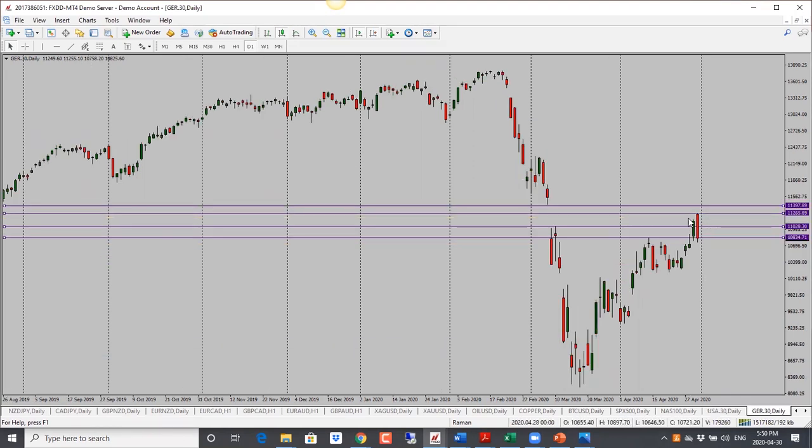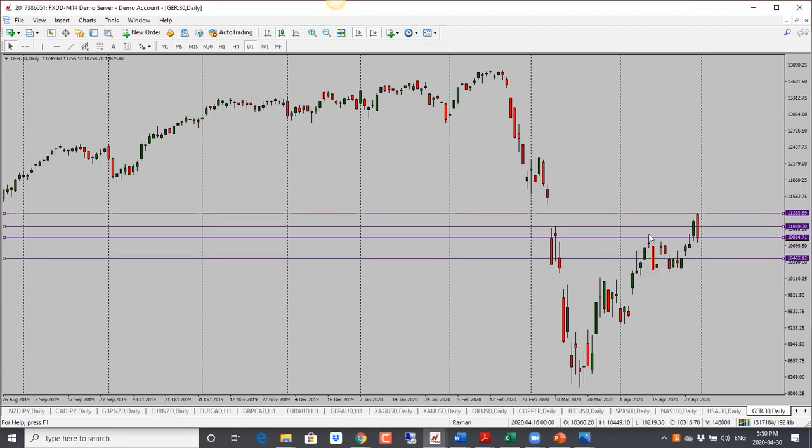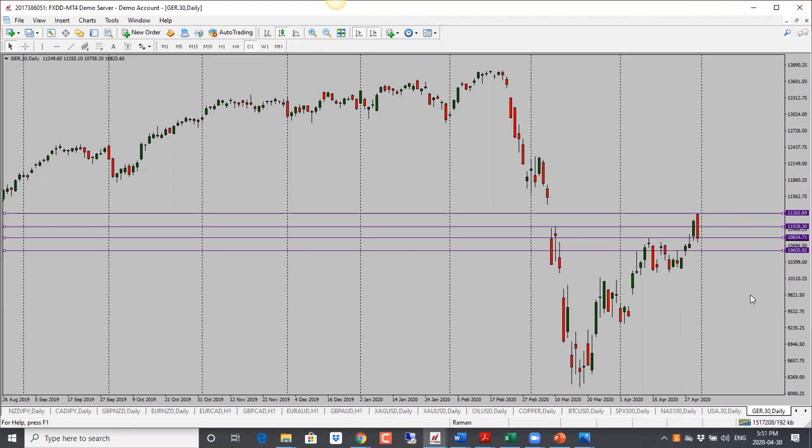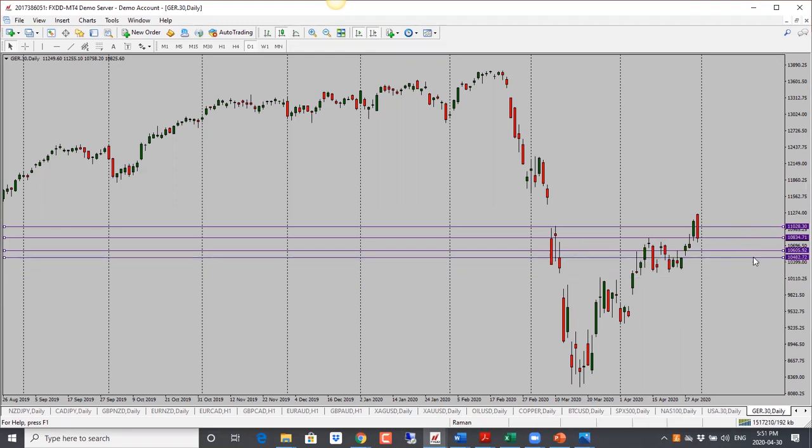DAX here, this one also reversed. It went up and then came back down. Now price is into support, so watch out for that. Actually, this may be closed tomorrow though. So this may not move, but check with your broker if it's closed or not. But in terms of the next move here, if it goes through the support at 10,830, I will look for a further drop here. First target is 10,600. And should it drop further, we are looking at 10,450. So bearish bias here for DAX.